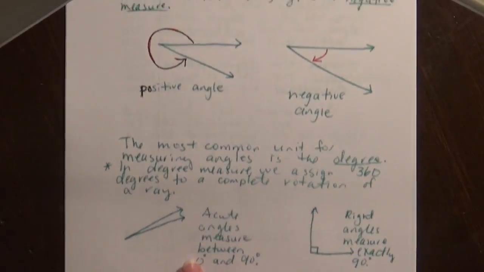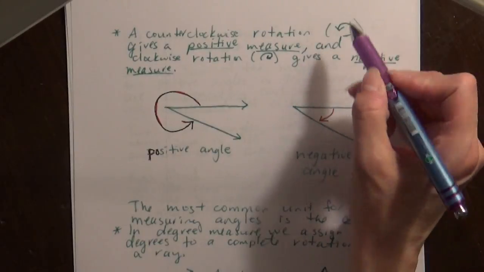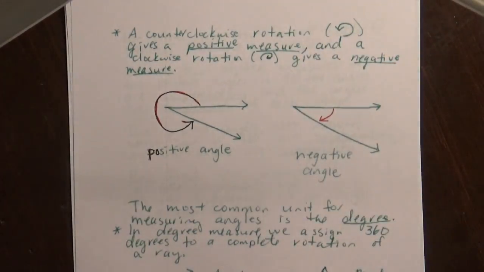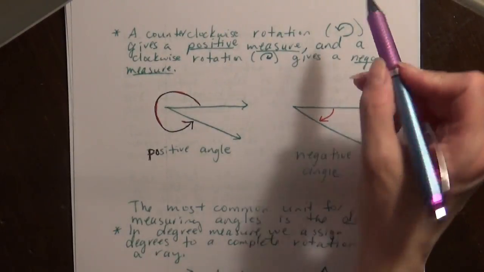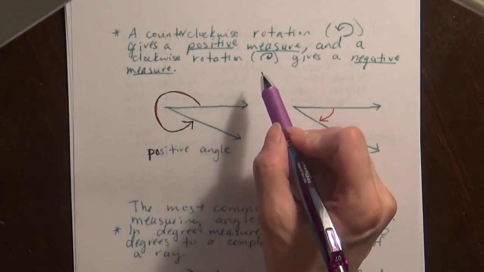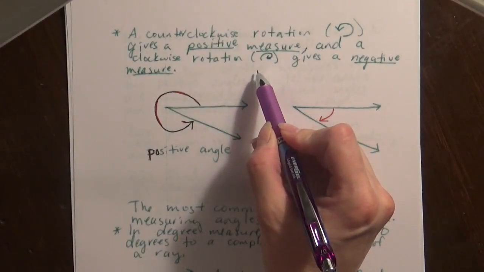Okay, if we go to page 2. A counterclockwise rotation, meaning that you're going in this direction, like this, gives a positive measure. So that's very important. You'll need to remember that the counterclockwise rotation gives us a positive measure. A clockwise rotation, like if we start at the vertex and we go this direction, will always give us a